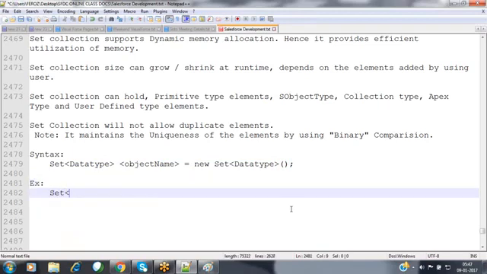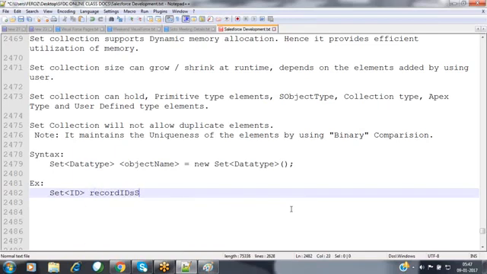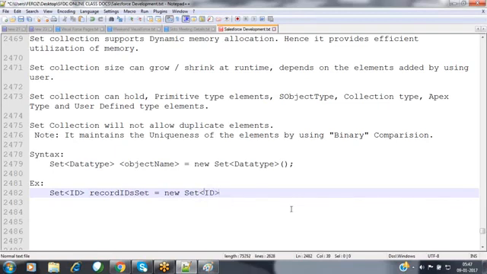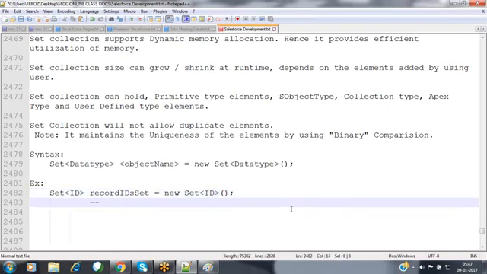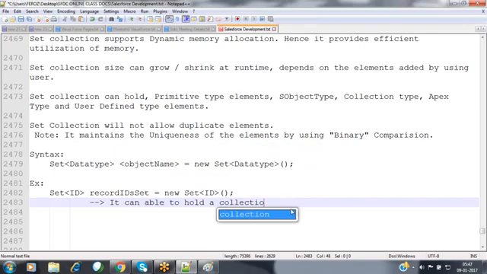For example, we can create a Set of ID, new Set of ID, where we can maintain the uniqueness here. It can hold a collection of IDs, record IDs.